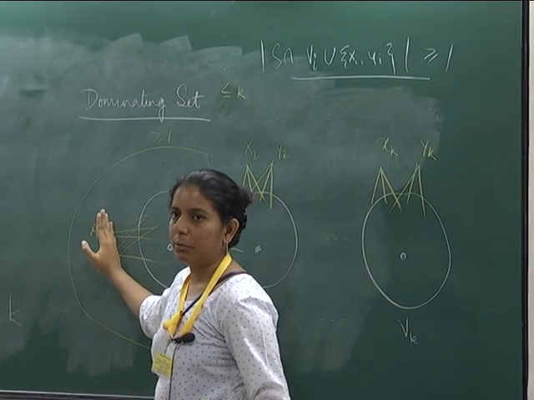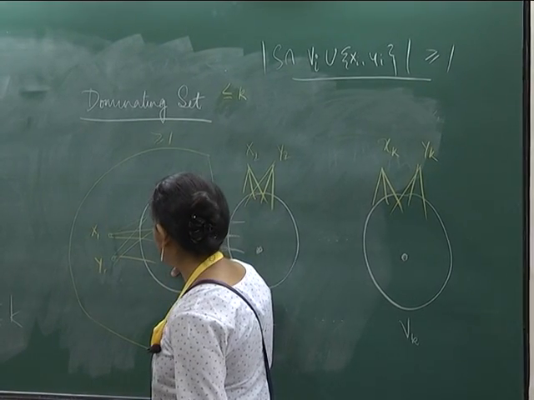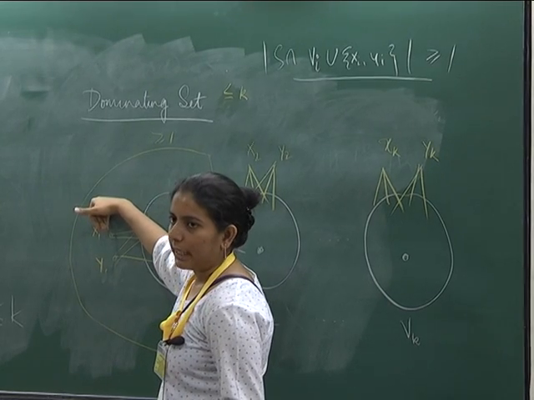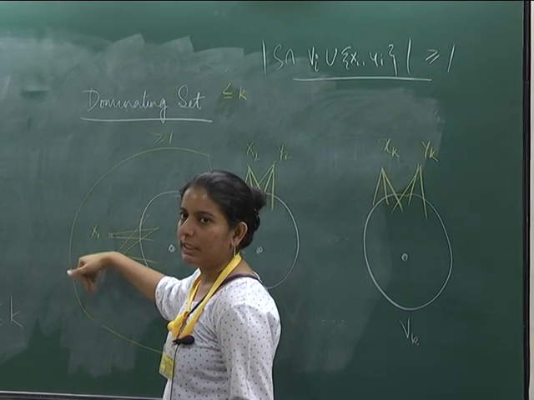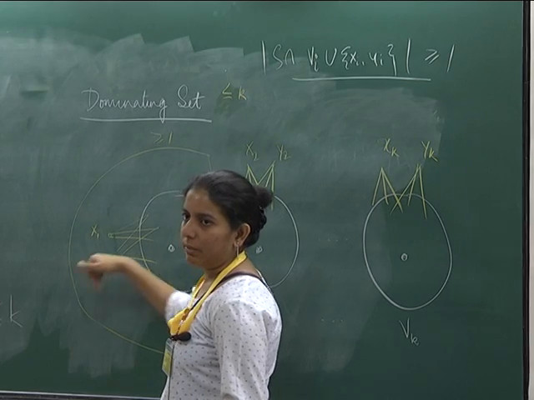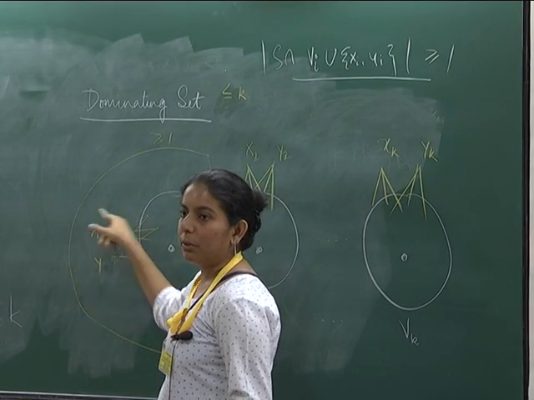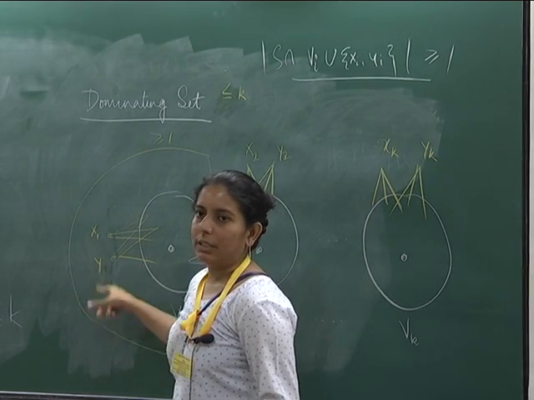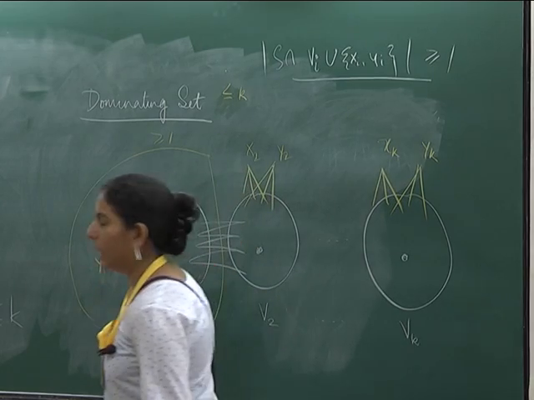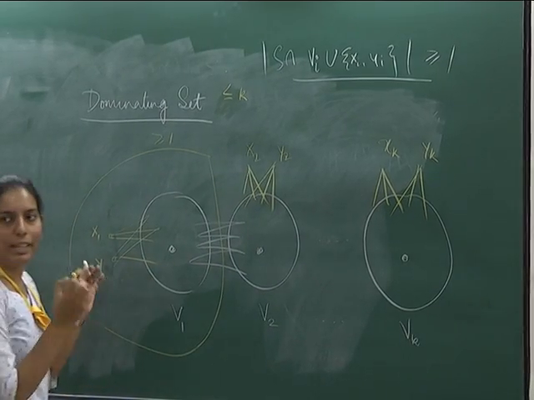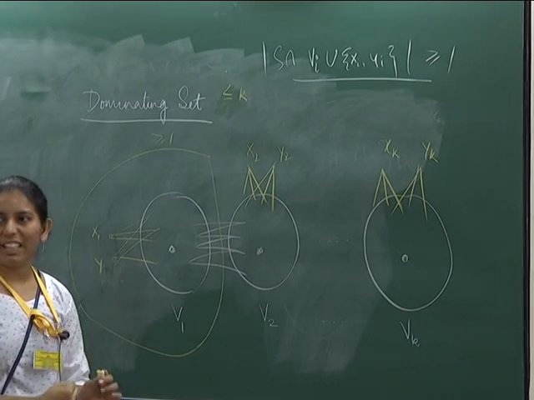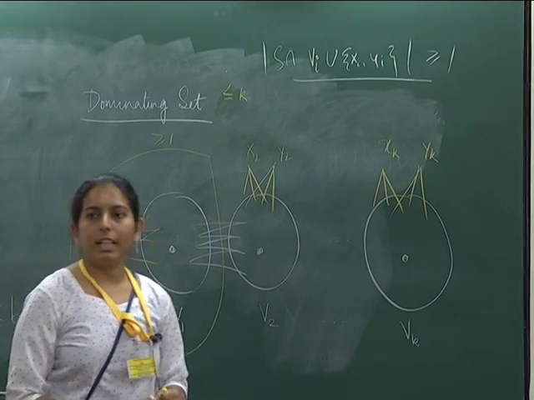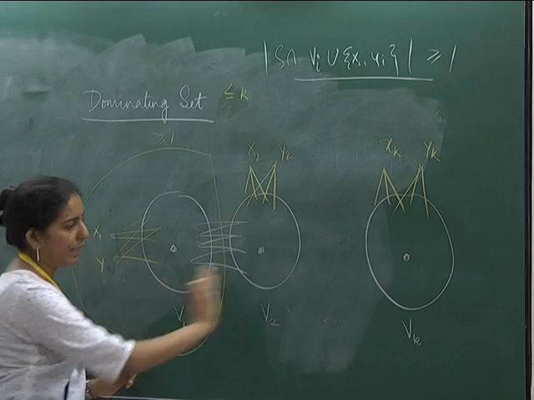This is what we argued just a moment ago. If you don't pick anything from V1, then in particular you're forced to pick X1 and you're forced to pick Y1, because these guys only get dominated by either V1 or themselves. So you're forced to pick both of them, but now this is something that you cannot afford. So you have to pick something internally. You have to pick something from inside V1, and that's sort of now the dominating set is correctly spread out